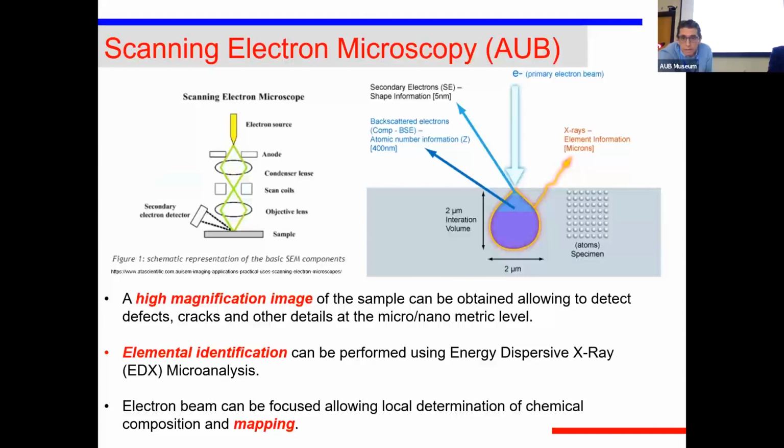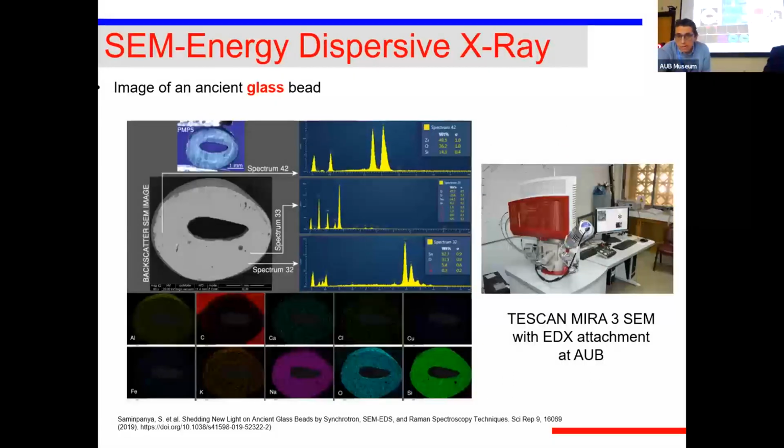And the X-rays emitted from these interactions allow us to determine the elements that are present in the material. These are not our results. This is something that I've seen in the literature recently. It's an ancient glass bead, and because the electron beam can be focused to a specific point, you can determine the composition of the sample at different locations,